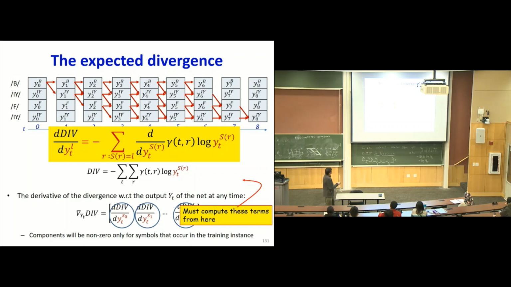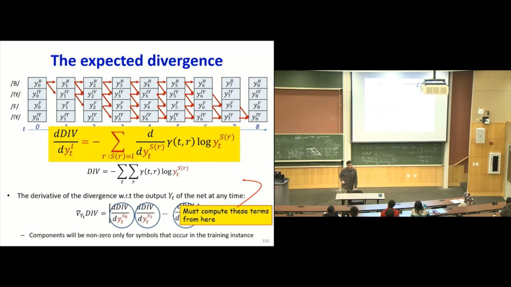And consider the derivative of the divergence with respect to any one symbol. The derivative of the divergence with respect to, say, E is simply going to be the derivative of this term computed